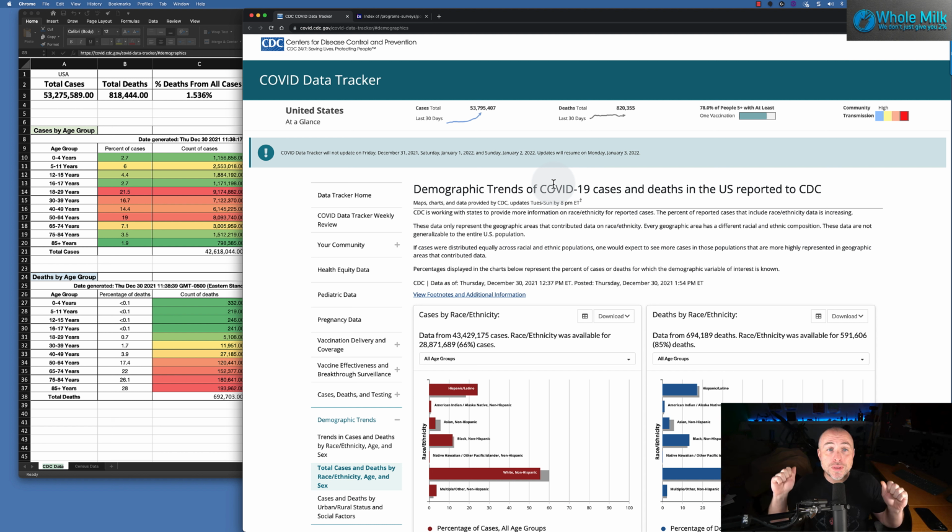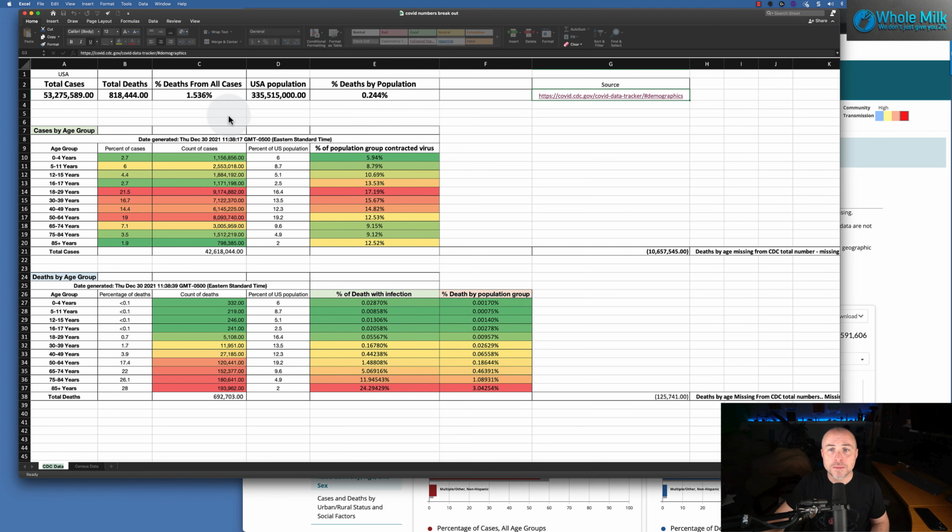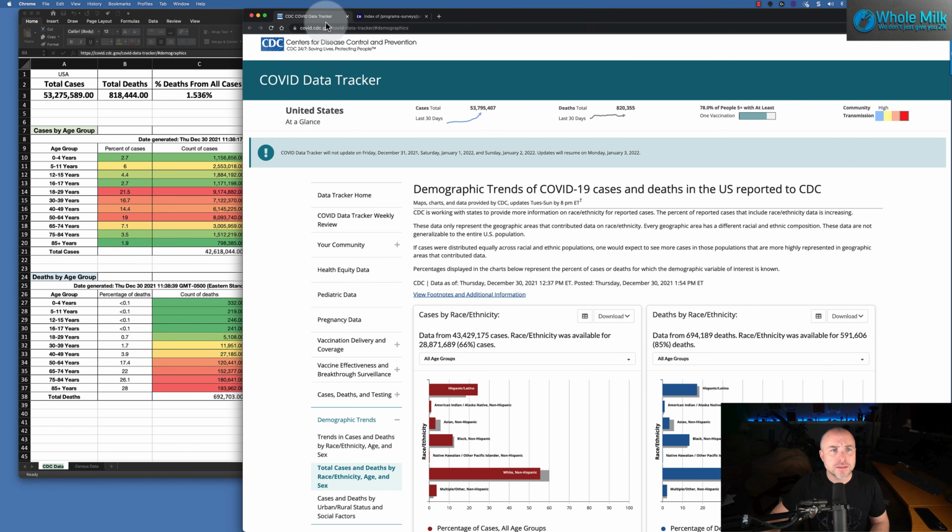I'm going to just show you the CDC's information. So I put together an Excel, and I'm going to try to provide this Excel via a box folder so that you can verify these numbers and look at the different links here. I provide the source link for the CDC information, as well as the census data. The first link we're going to look at is this demographics tracker, the COVID data tracker.